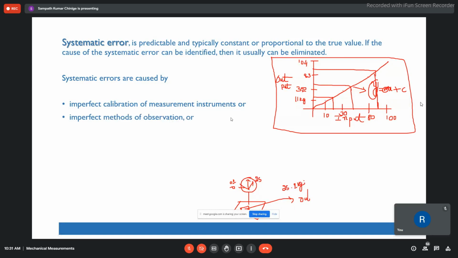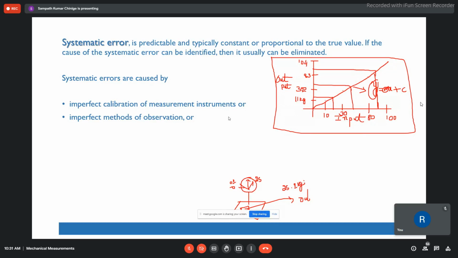Second, imperfect method of observation. As I told you, you have to take the measurement without parallax error. You have to be very, very careful while taking the measurement also. You cannot take the readings without any proper care. However you take the first reading, you should ensure that the same methodology is followed to take the